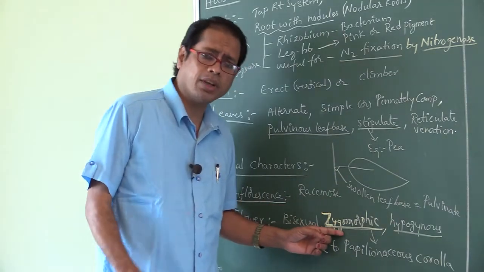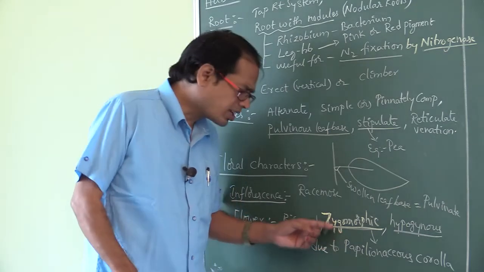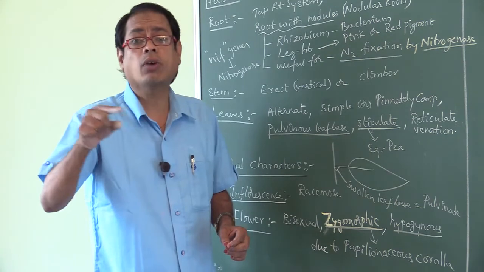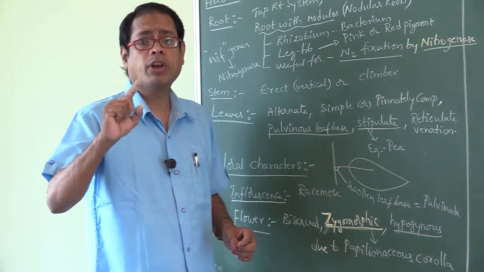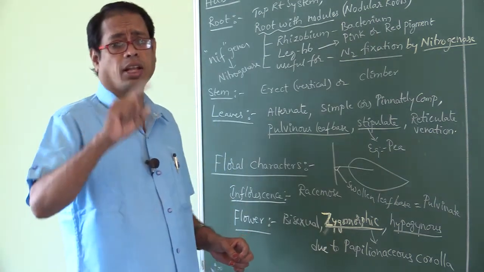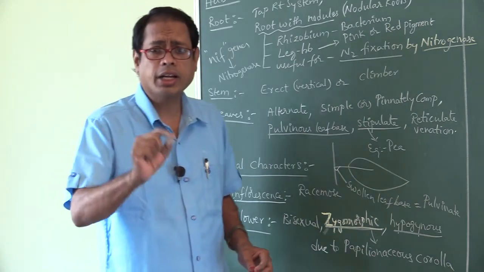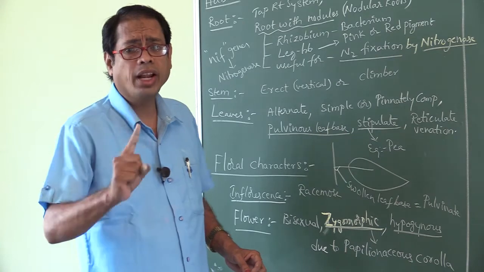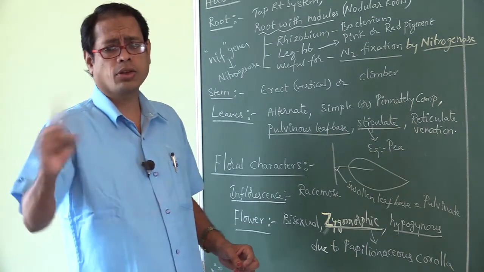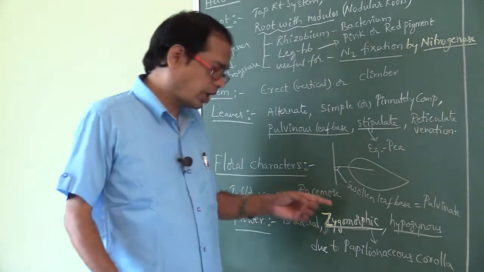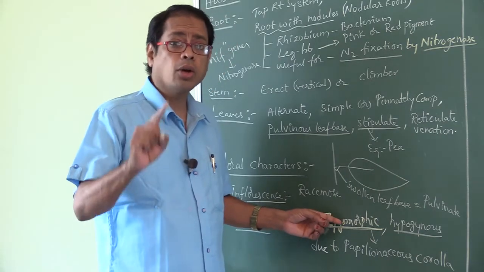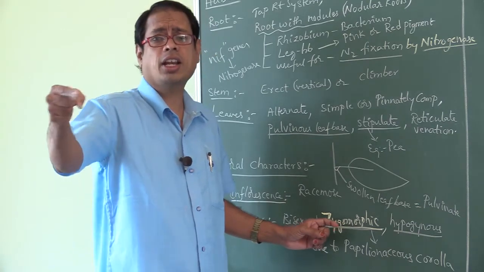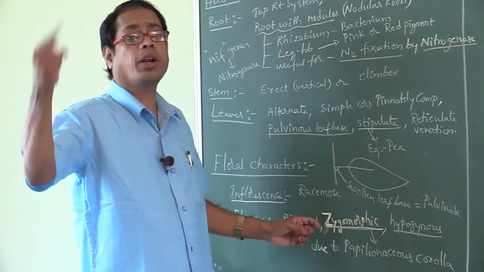Symbol for zygomorphic is percentage. What does it mean zygomorphic? A flower can be cut into two equal halves only in one vertical plane passing through the center. It is so called zygomorphic. Zygomorphic found in Fabaceae, while in Solanaceae, Liliaceae, actinomorphic symmetry is present.